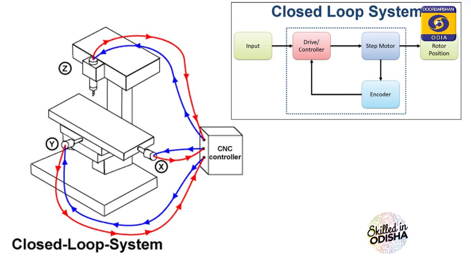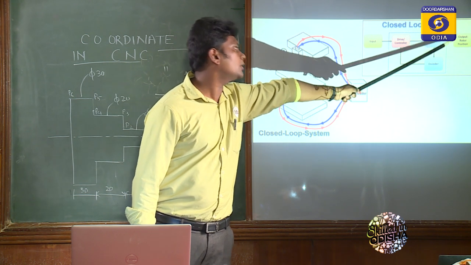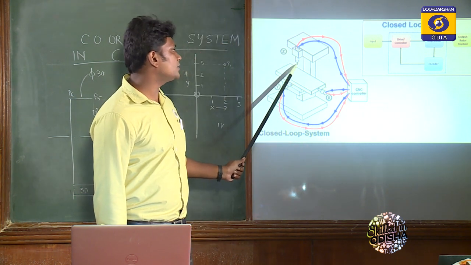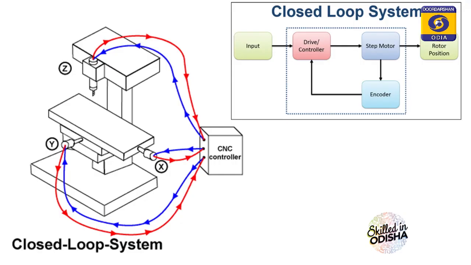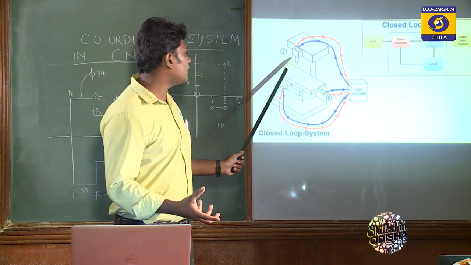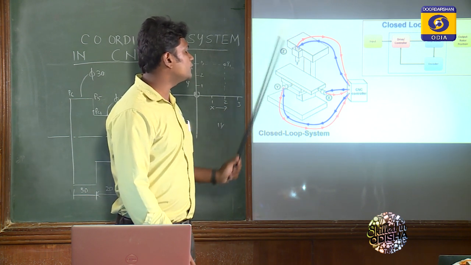This is the stepper motor, or other DC servo motors or stepper motors may be used, and this servo motor will give the required output, that is the particular rotation or the position, so positional or velocity accuracy will be obtained. Now what happens after the movement of the drives? The feedback device or the encoder is placed in the drives. It gives the signal again to the controller whether our drives have obtained our required positional accuracy or velocity accuracy.